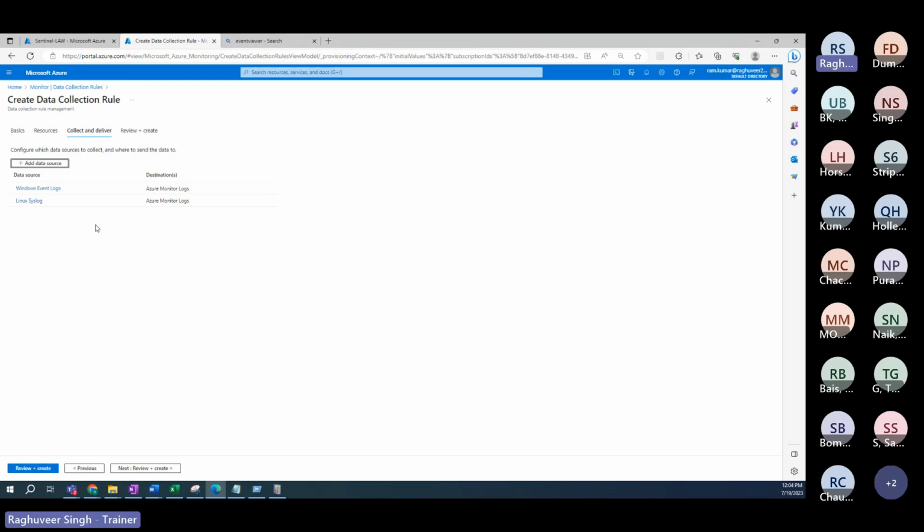Same concept. Sentinel doesn't know where that data source is hosted. For Sentinel, it is just a data source. Sentinel needs logs. Logs will only come from Azure Monitor. So all other data sources like your on-premises physical server, your VMware virtual machines, your Hyper-V virtual machines, your AWS and GCP virtual machines,